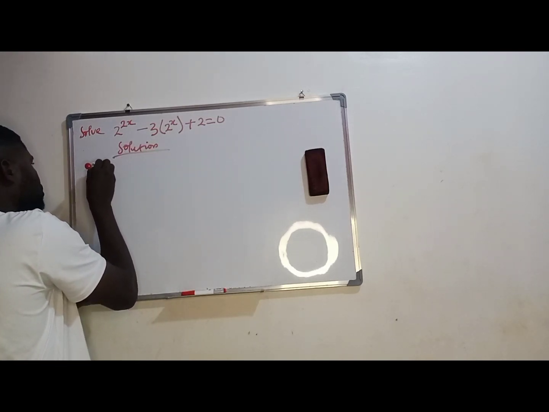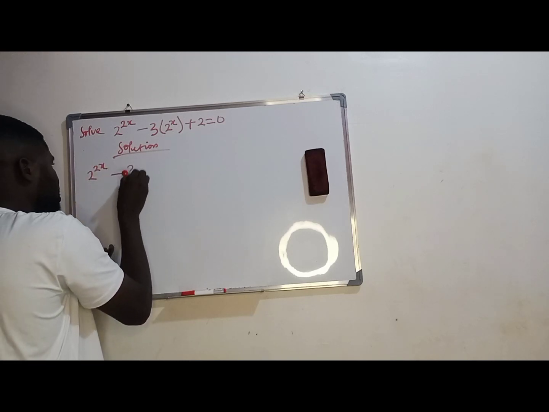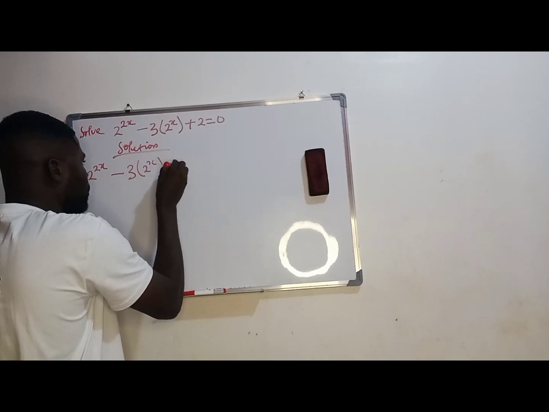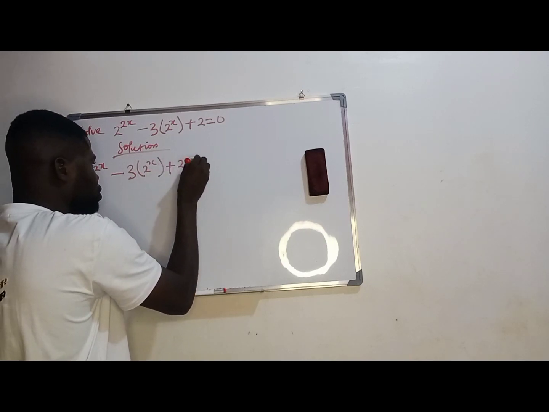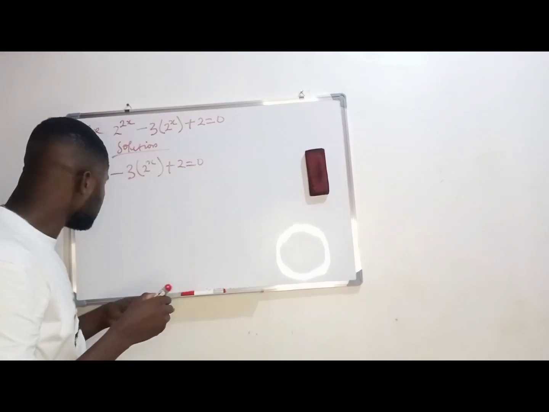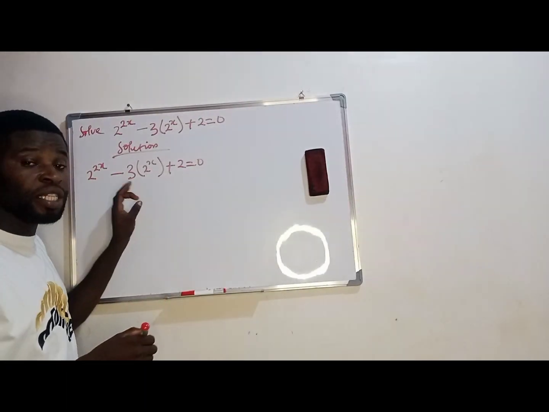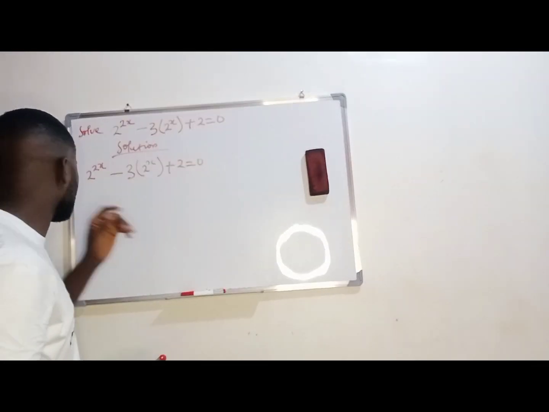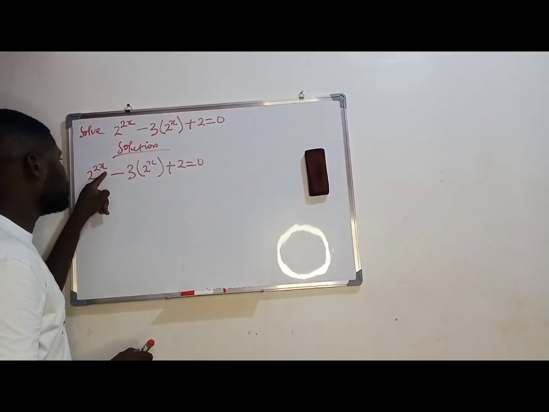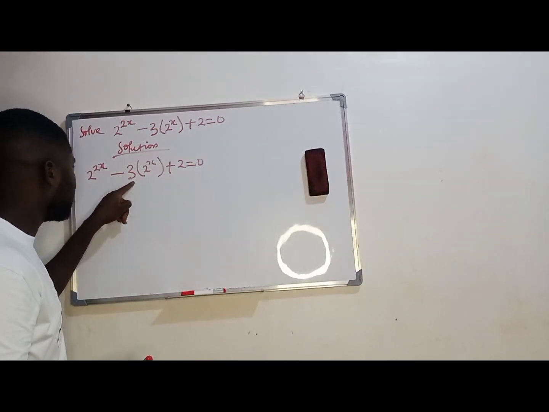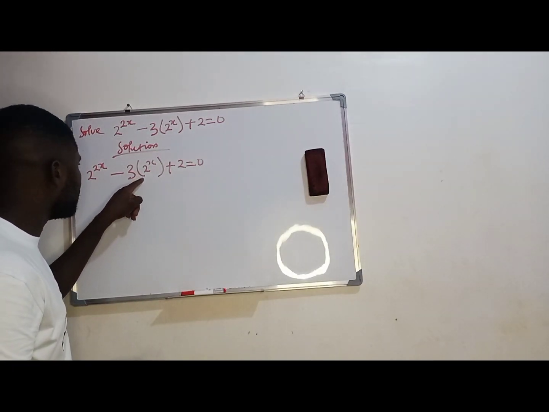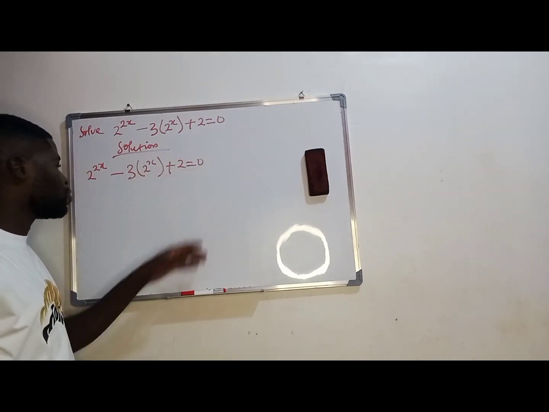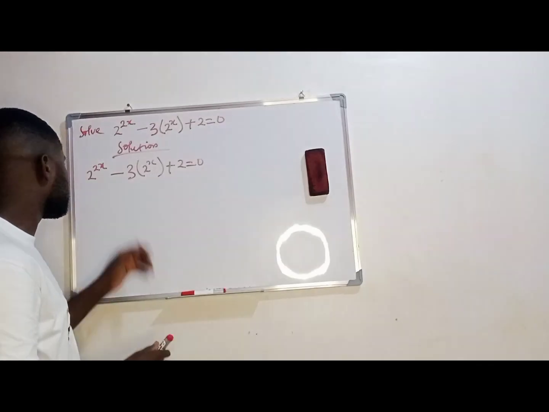2 raised to power 2x minus 3 in bracket 2 raised to power x close plus 2 is equal to 0. This is a pure indices. Though this one involves an equation, this is how to handle them. 2 raised to power 2x minus 3 open bracket 2 raised to power x plus 2 is equal to 0. We say,